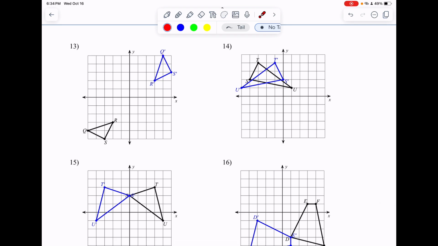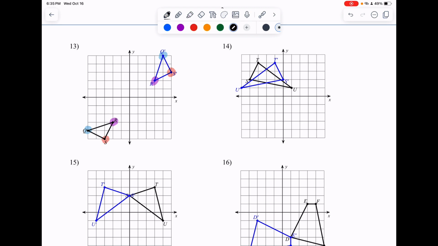So here we have Q. One's going up and one's going left. R are both pointing to the inside. And S is kind of pointing down and to the right. But when I look at this, if I kind of tilt my head,